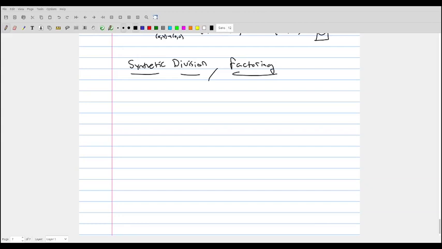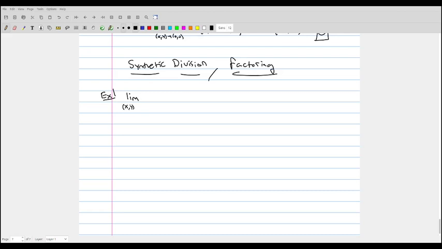So let's do an example of synthetic division, just to show that there are multiple different techniques that you can apply. But you really want to remember some of your techniques from algebra, and specifically from a calculus 1 class, that were very useful. So let's do, say, the limit